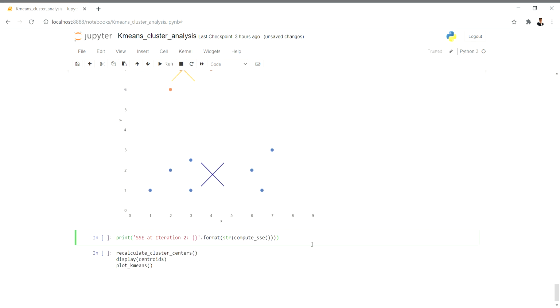Okay, so at this particular step also you can see at iteration 2 you got 42.83. So one takeaway from this discussion is that you can stop the k-means iteration when the cluster centers don't change.